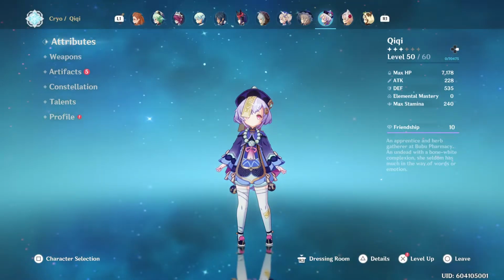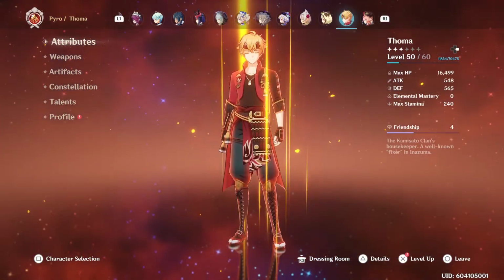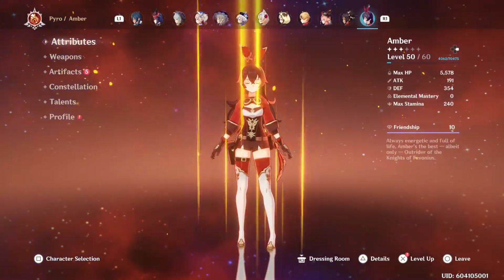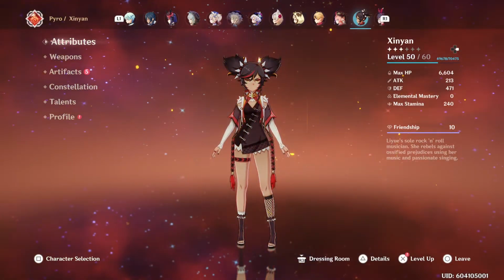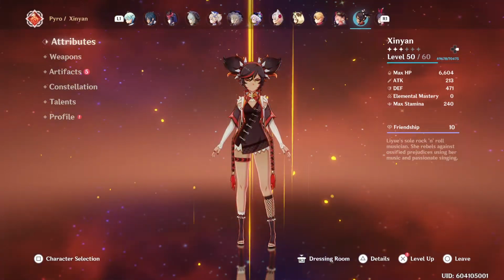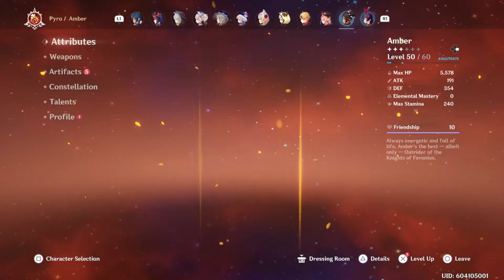Everyone else is either 70 ascended or 50 ascended for the wishes, and so I could work on their friendship. I'm working on Thoma, Sayu, and Hu Tao now, but everyone else is friendship 10 that I have. I don't plan on building Amber or Xinyan ever. I mean, maybe in the future, Amber. I like Amber, but